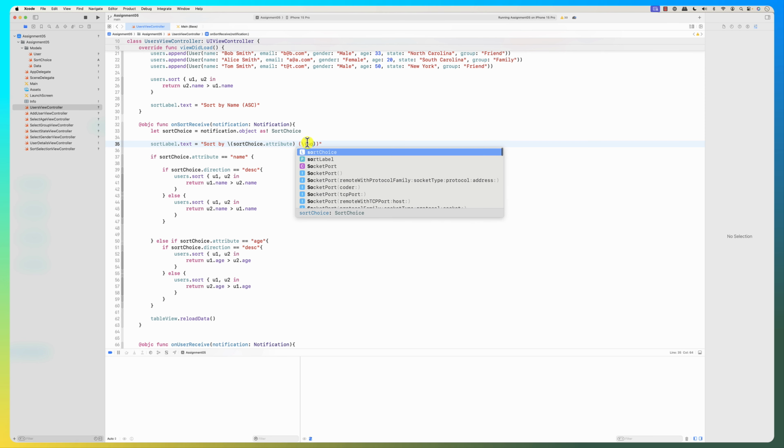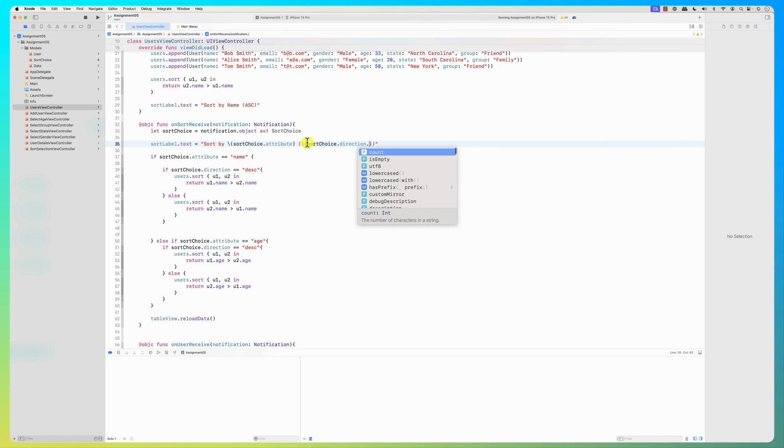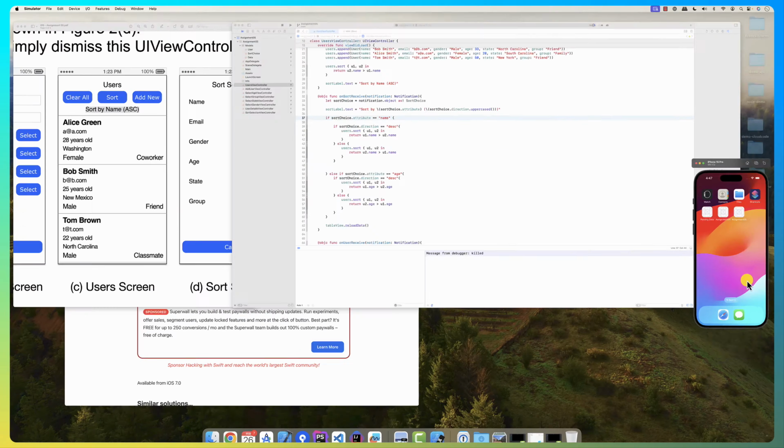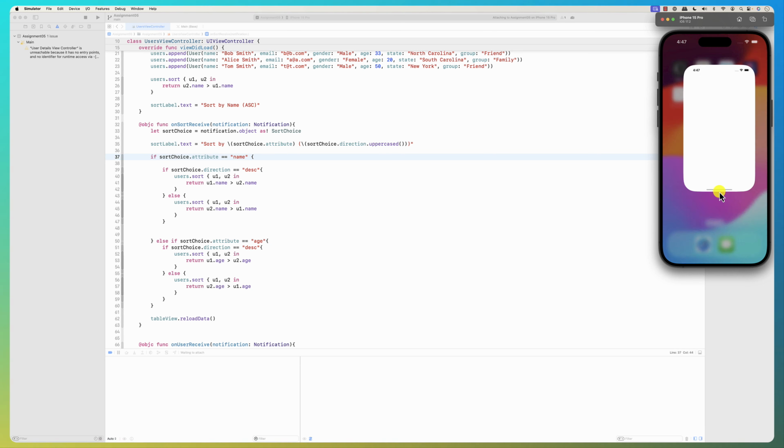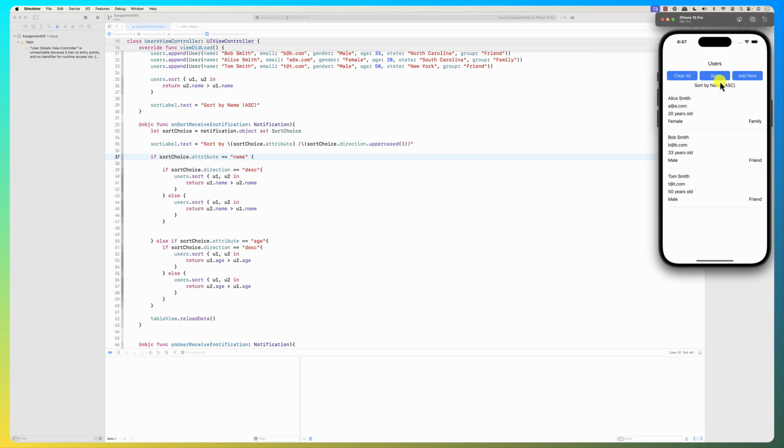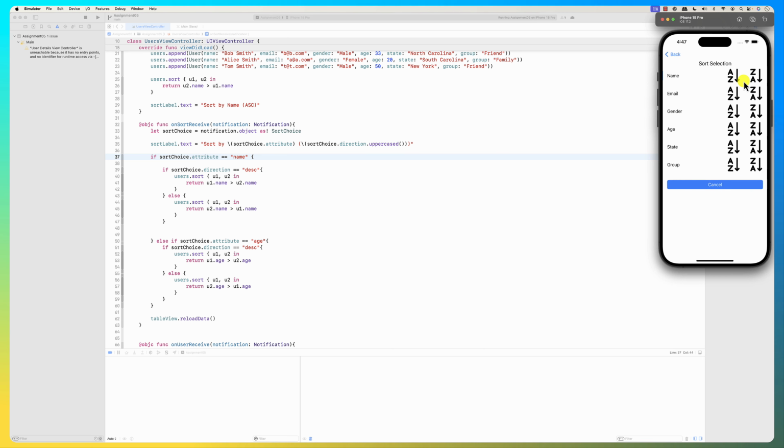Sort choice dot direction dot uppercase. All right, so now we run this. And now whenever we change the sort order, it changes here also. Okay, so we click on sort by name ascending, sort by name descending, sort by age ascending, sort by age